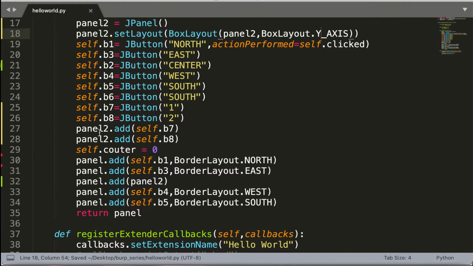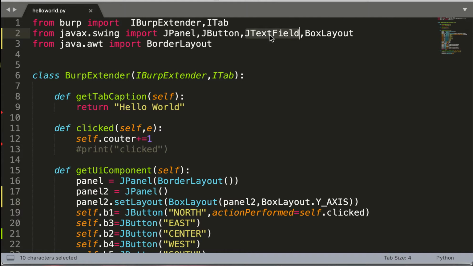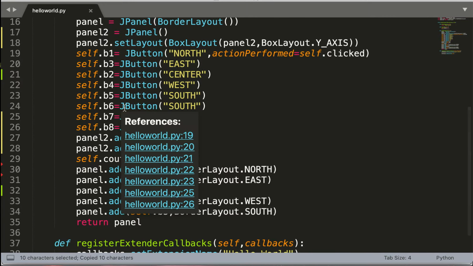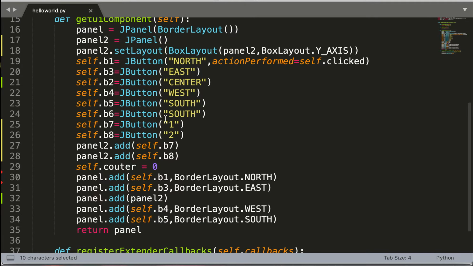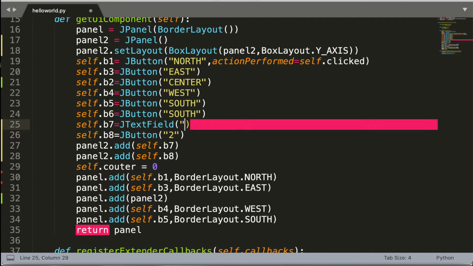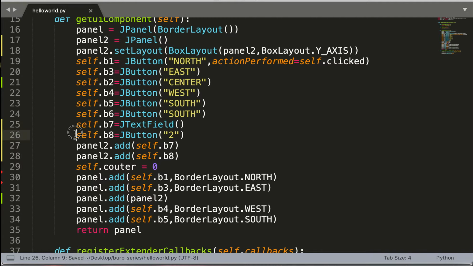I'll be introducing you to this JTextField. So obviously I'll be creating this JTextField, and I'll be passing no elements over here.